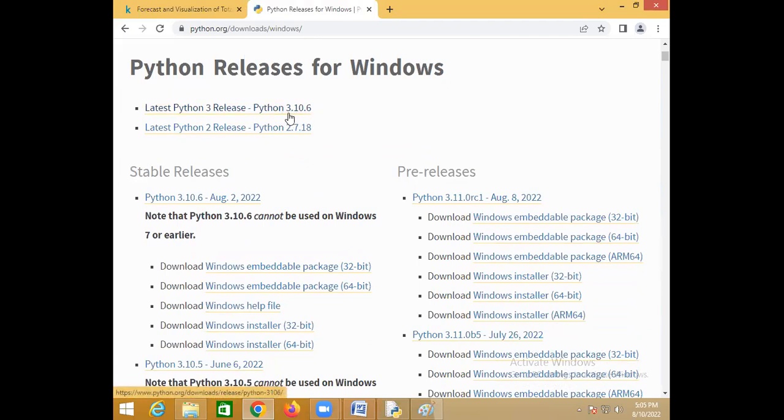Suppose the interviewer asks you, which version did you learn? You'll say, I know Python 3.10.6. Tell me what is Python 3, then what is 10, and what is .6? This contains so many versions. Python 3 is called a major version, 10 is called a minor version, and 6 is called a micro version.